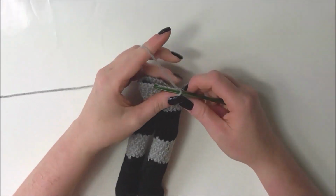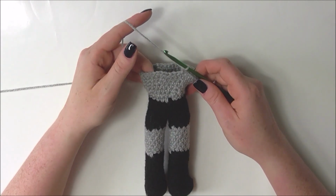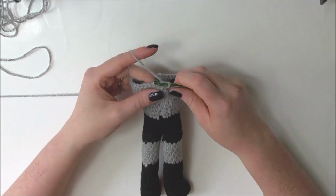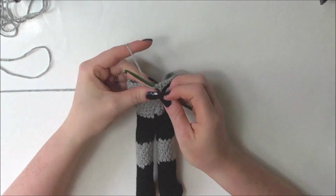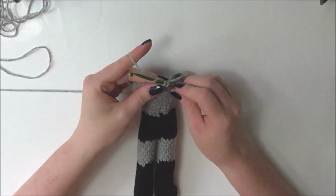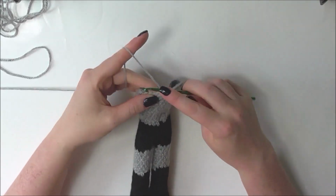We're now going to do 4 rows of single crochet around, so we're going to single crochet 36 stitches 4 times. Now that we've finished our 4 rows of single crochet around, we're going to decrease to 30, and to do that we're going to single crochet 4 and then single crochet 2 together 6 times. So single crochet 1, 2, 3, 4 and decrease for 5,